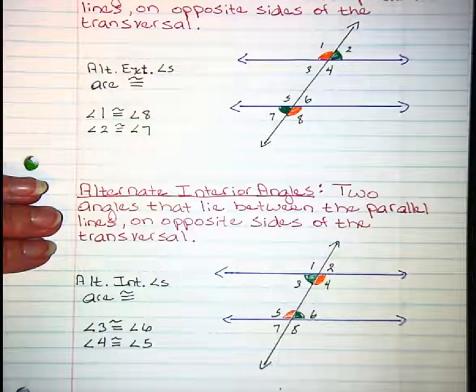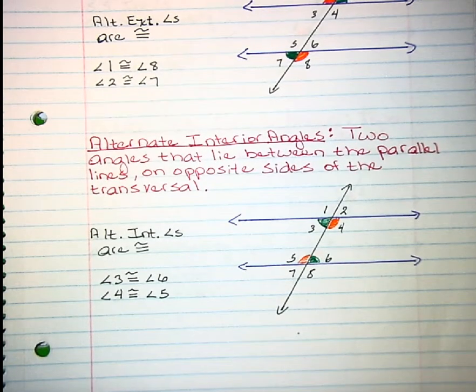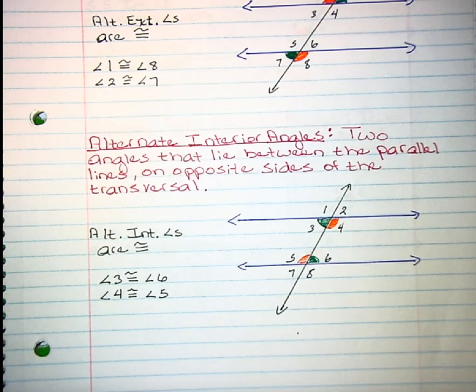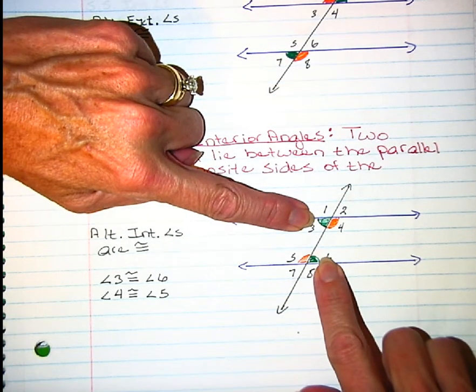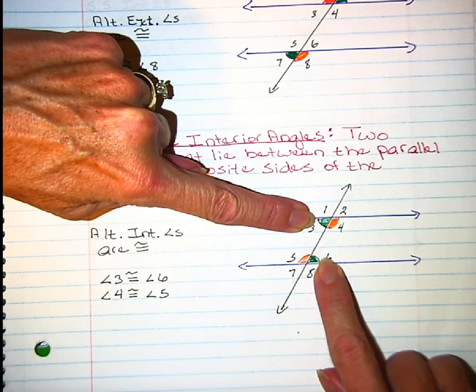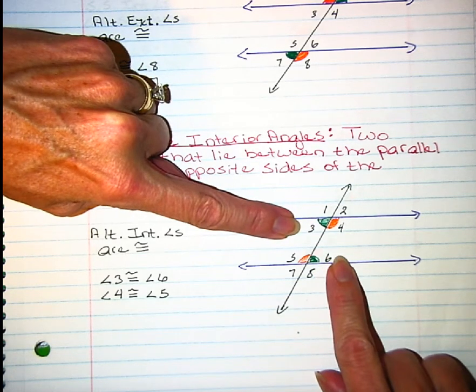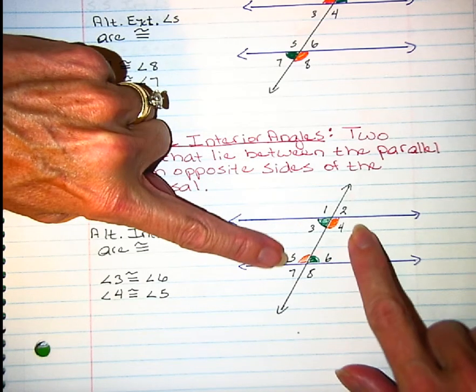And what does interior mean? It means they lie in between the two parallel lines, but the concept is the same. Alternate means they alternate on opposite sides of the transversal, and interior means they're on the inside of the parallel lines. So in this diagram, angle 3 and angle 6 are alternate interior angles, and angle 4 and angle 5